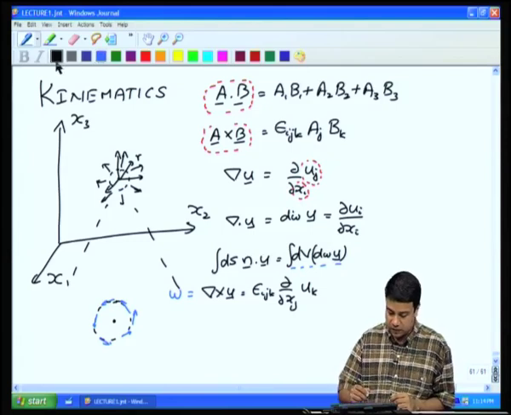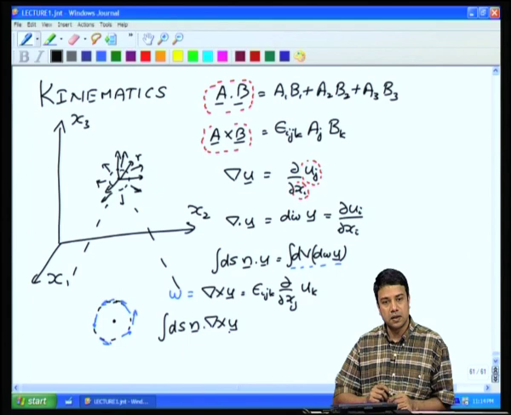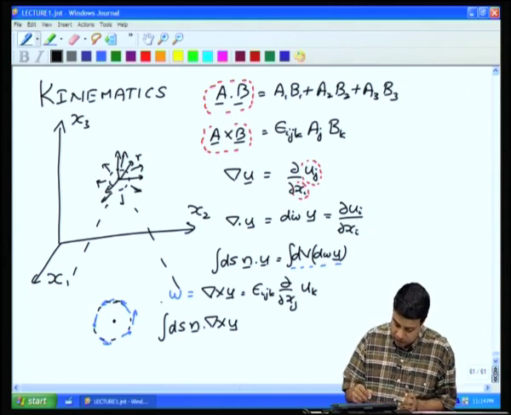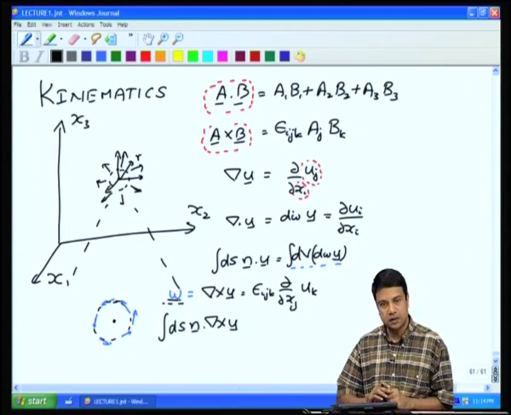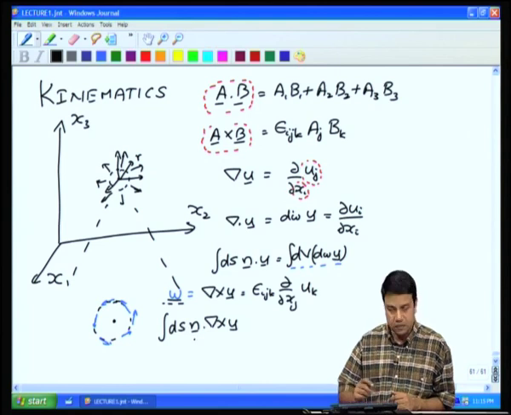There is an integral theorem for that, okay, which states that integral over any surface of n dot del cross u. N dot del cross u is just the unit normal dotted with the vorticity vector. Note that the vorticity vector is equal to the curl of the velocity vector. It is a vector and it is equal to the curl of the velocity vector. Obviously, it is in a plane perpendicular to the velocity, because when you take the cross product of two vectors, you get a resultant that is perpendicular to both of those. So, this vorticity vector is in a plane perpendicular to the velocity vector,